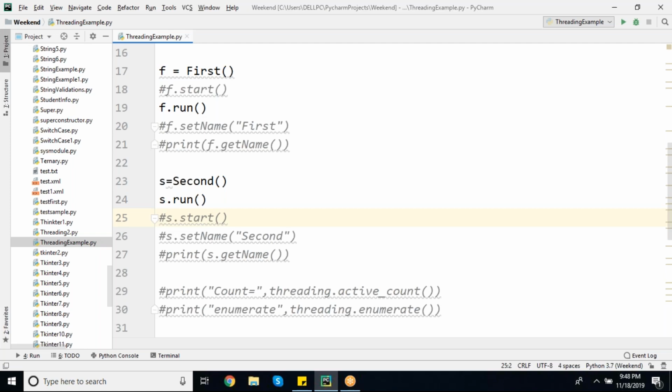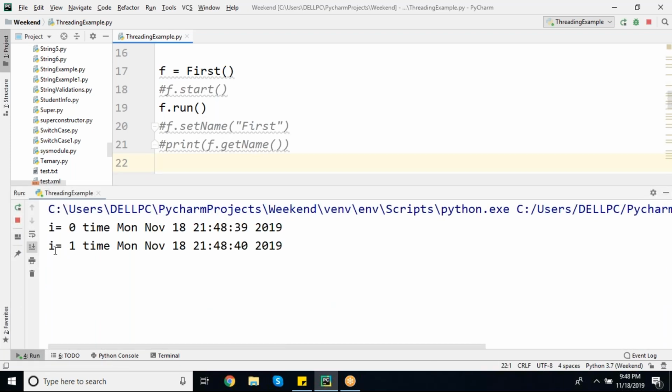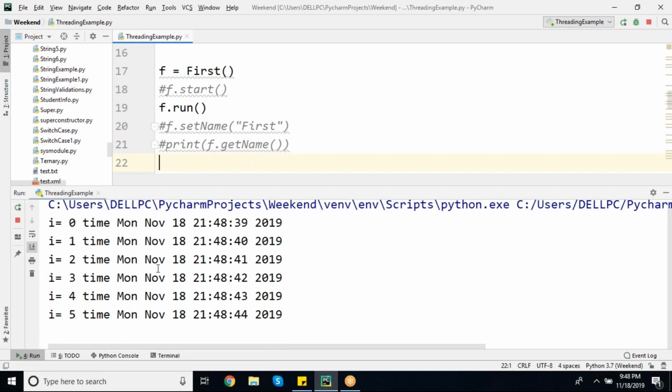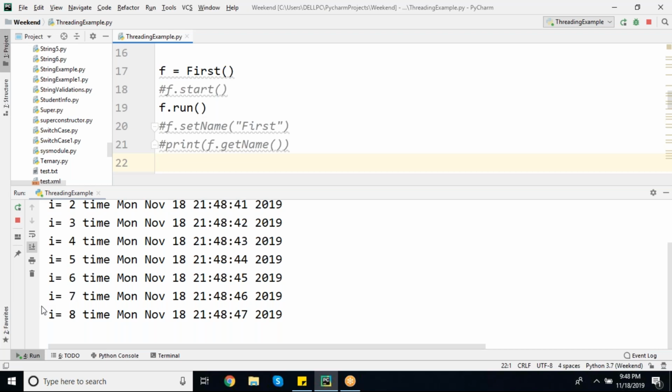It will behave like a function, and it performs the operation like a function. That means the first function will start, so only that will get executed. Once the first function's operation is completed, then only the second function will start. Even though there is a delay, it will not give the chance for the second function. Got my point, right?